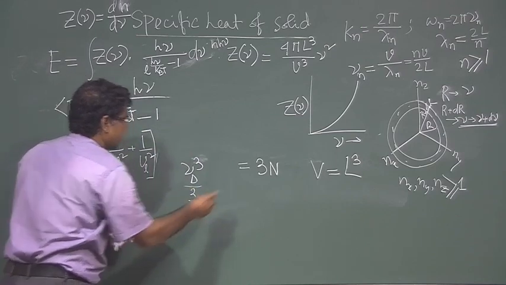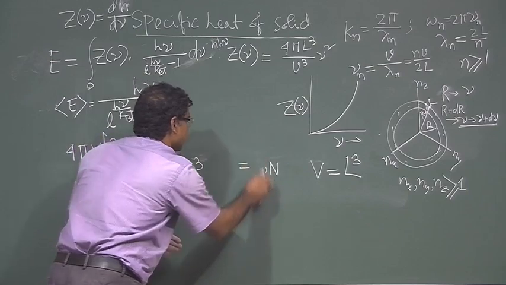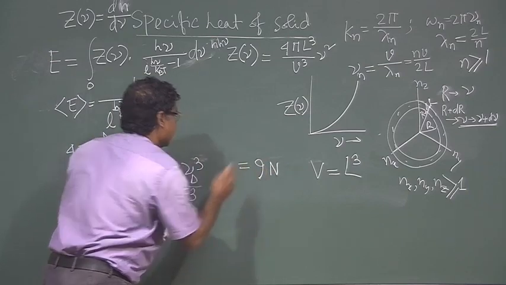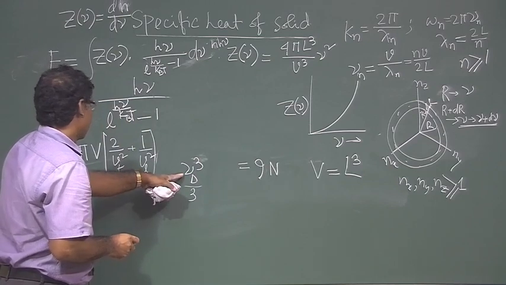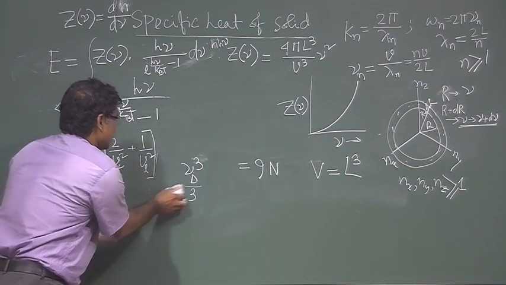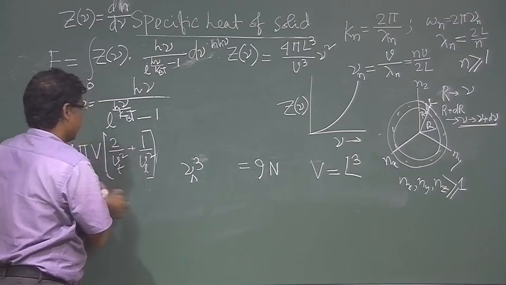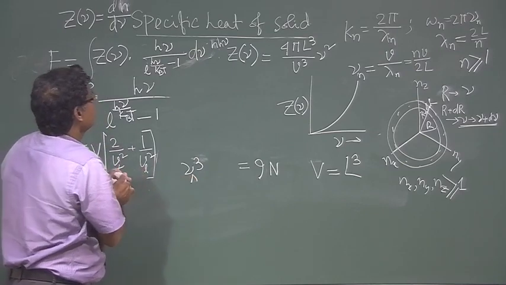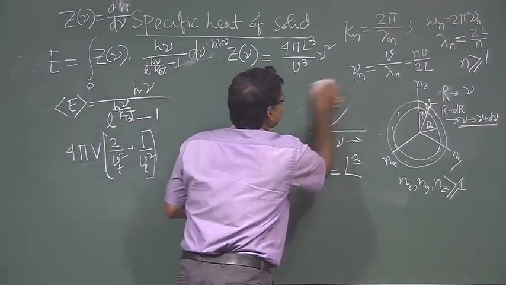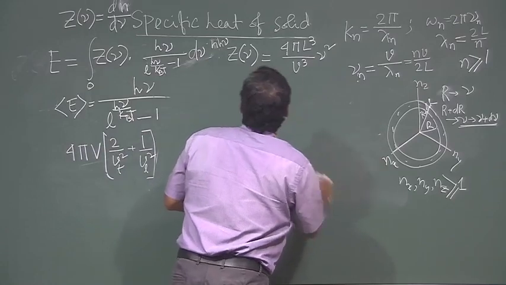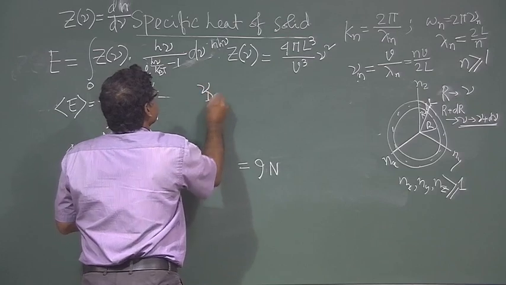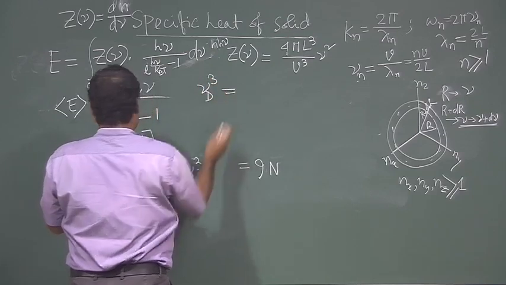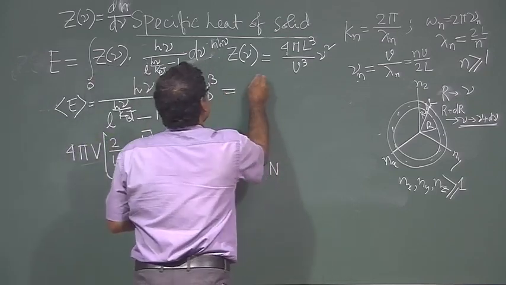So, this 3 here will go, and I will get 9 n. So, 9 n, and then nu d. So, what am I getting? I am getting basically nu d cube